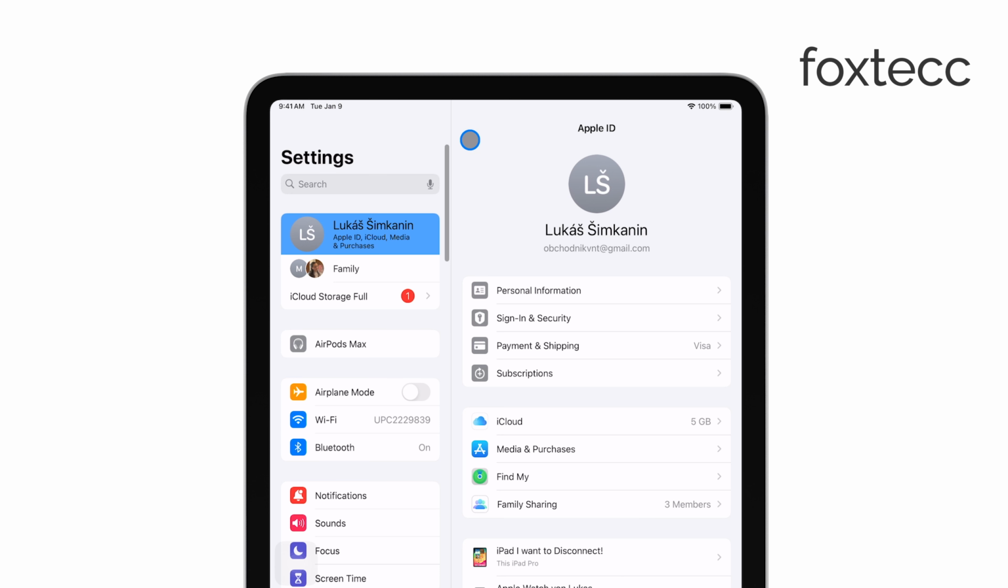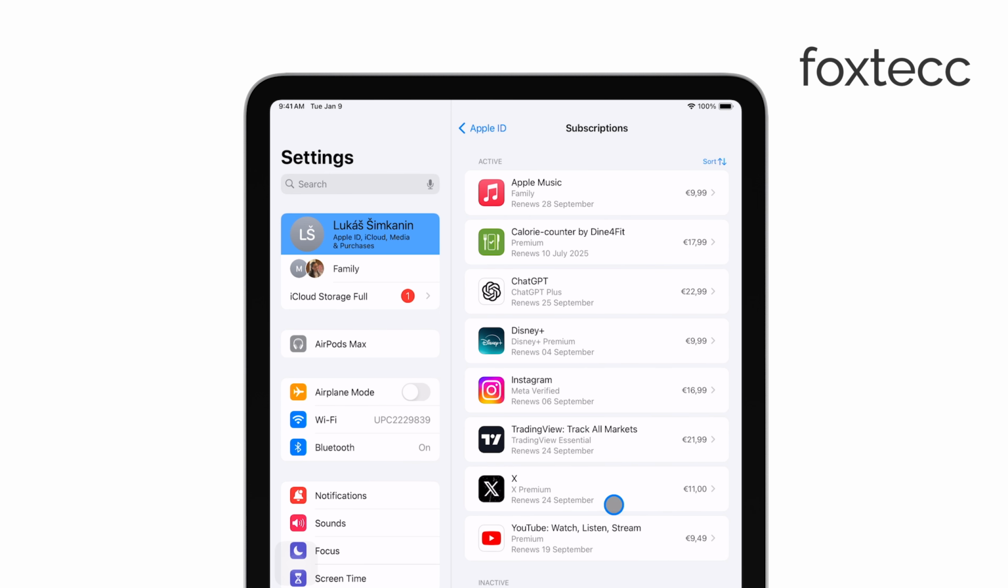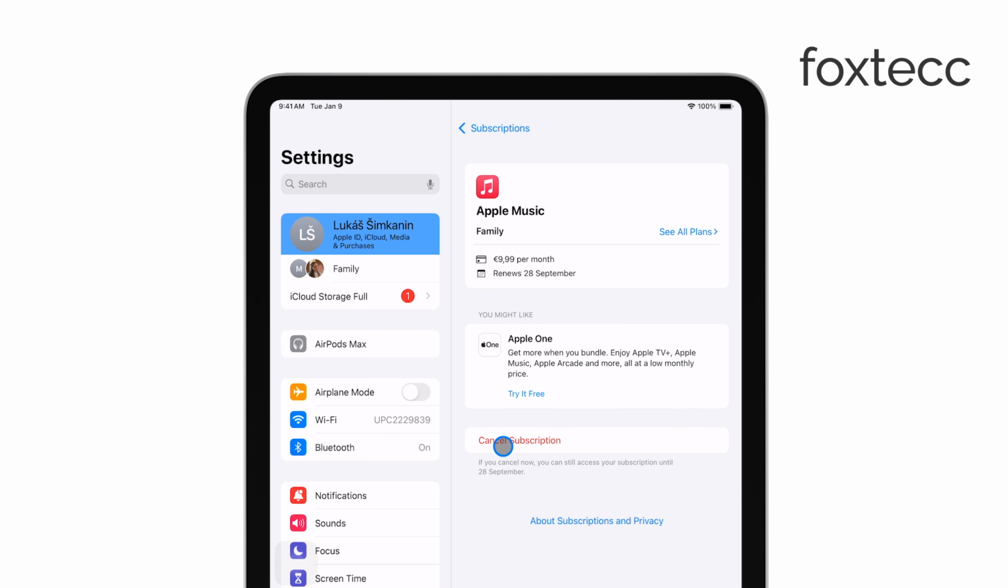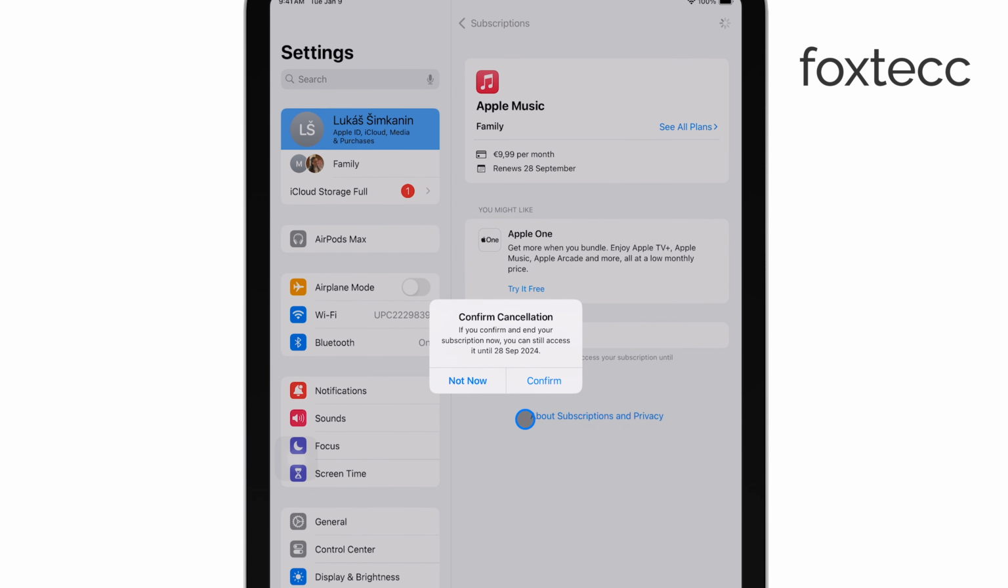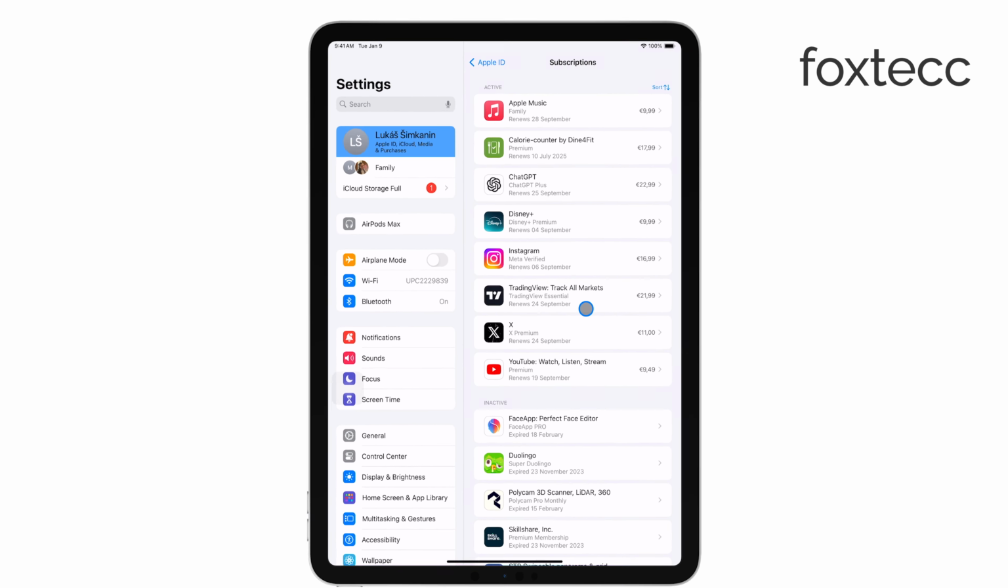Within these settings, you'll find an option labeled Subscriptions. Tap on it, and you'll be presented with a list of all your active subscriptions. Scroll through the list until you find Adobe Illustrator and tap on it. You'll see an option that says Cancel Subscription. Tap on this, and you'll be prompted to confirm your cancellation. Once you confirm, your Illustrator subscription will be canceled, and you won't be charged for future billing cycles through Apple